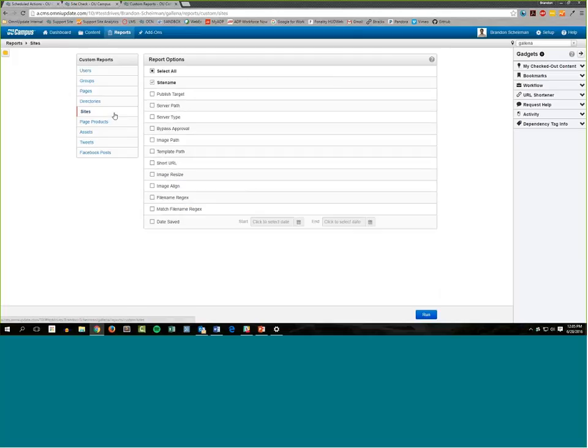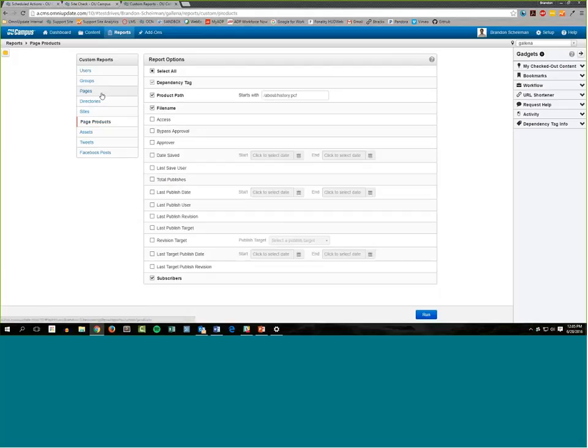The Sites Report is good if you have multiple sites. It'll just give you information about those sites. Page Products is related to the Pages report. Essentially what this does is it lists all of the things that have resulted from you publishing those pages on the staging server. All of those things are going to appear here in the Page Products report. So this one is good if you can determine which pages the file paths live on from the dependency tag subscribers. So if I wanted to do this and I say,